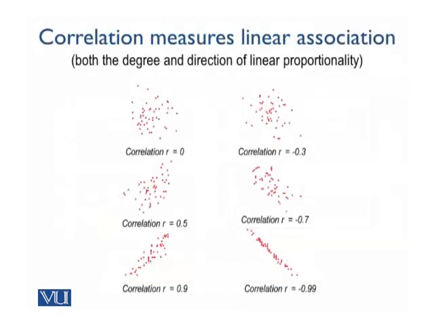So we can see a range of correlation values. You can see a lot of graphs in this slide. On the left-hand side, the top graph is a correlation of 0, which means you can see a diffusion of dots, and there is no definite pattern. You don't see the dots lining up in a specific direction. So a correlation of 0 would actually mean that the two variables are not associated.